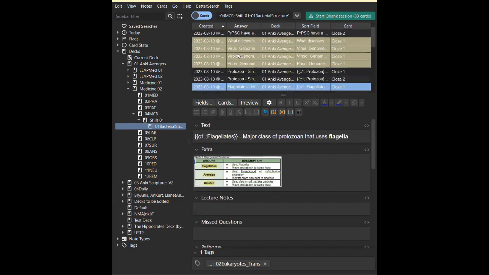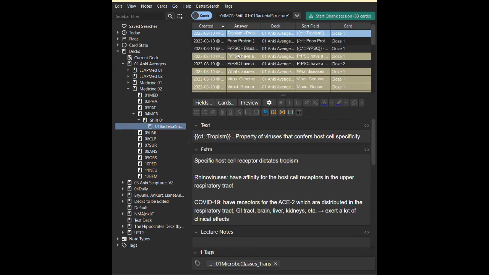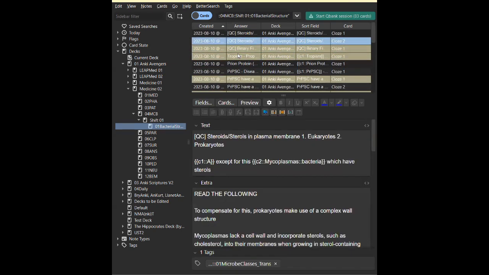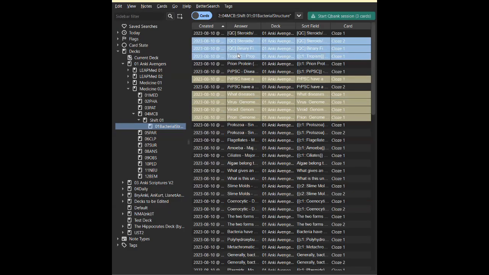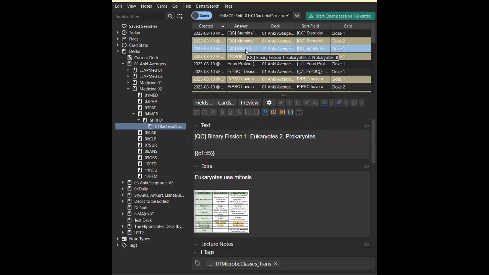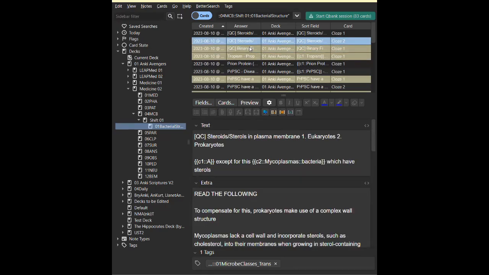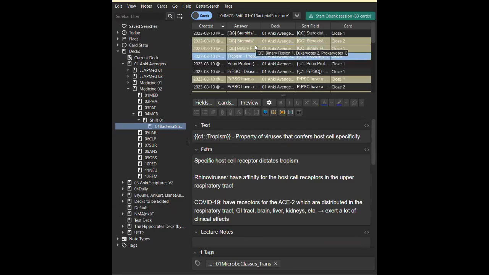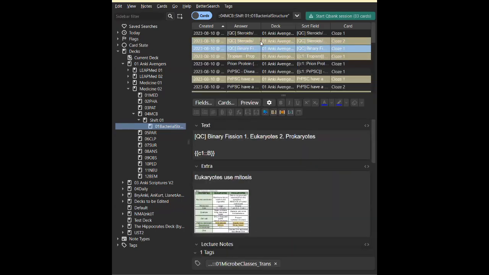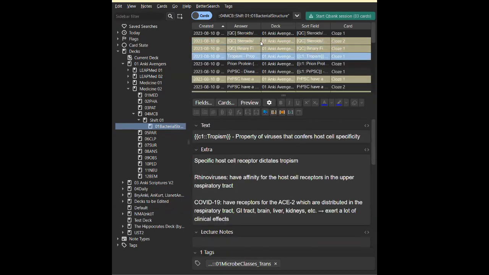Now, why are there multicolored things here? Well, I just use this to take note of what cards that I wanted to show you. But what I basically did, because it has a different color, suspend the cards. This is Control J. Again, Control J. So, what happens if I suspend the card? If I suspend a card, well, it's suspended. And what happens if you're suspended? You do not participate in any activities, school activities. So, let's say you make a custom study session of this deck. Whatever cards that are suspended will not appear in that deck.